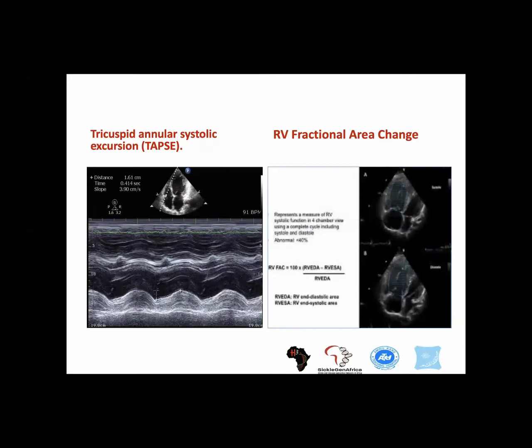So it's really a very easy thing to do. And then the panel on the right side is right ventricular fractional area change. We use different views to determine the volumes of the right ventricle in systole and diastole, and to determine what changes happen. Because in systole, the ventricle contracts, in diastole, it relaxes. And we determine the change in the area of the right ventricle,